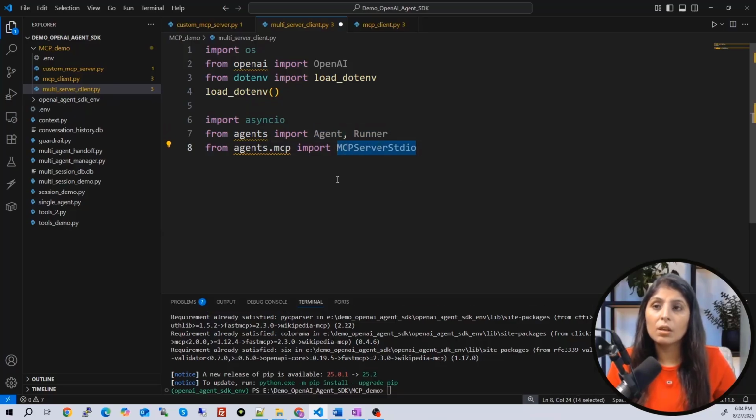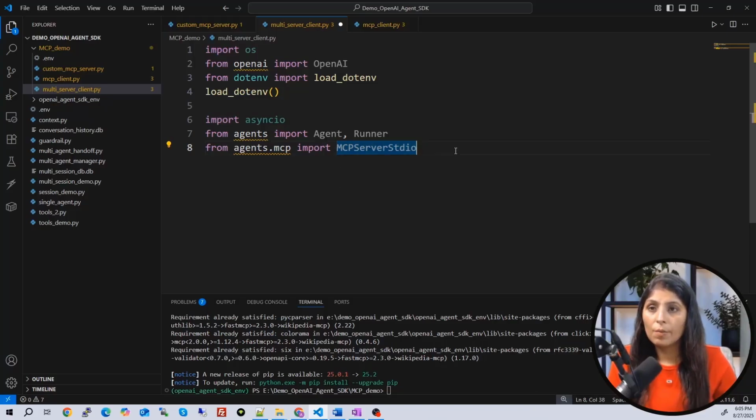This we are importing because the communication between our client and the MCP server will be done through transport standard IO, because our server and client are both on the same machine. When your client and server are both on the same machine, we use the standard IO transport method, and whenever you want to use it, you need to import this class.